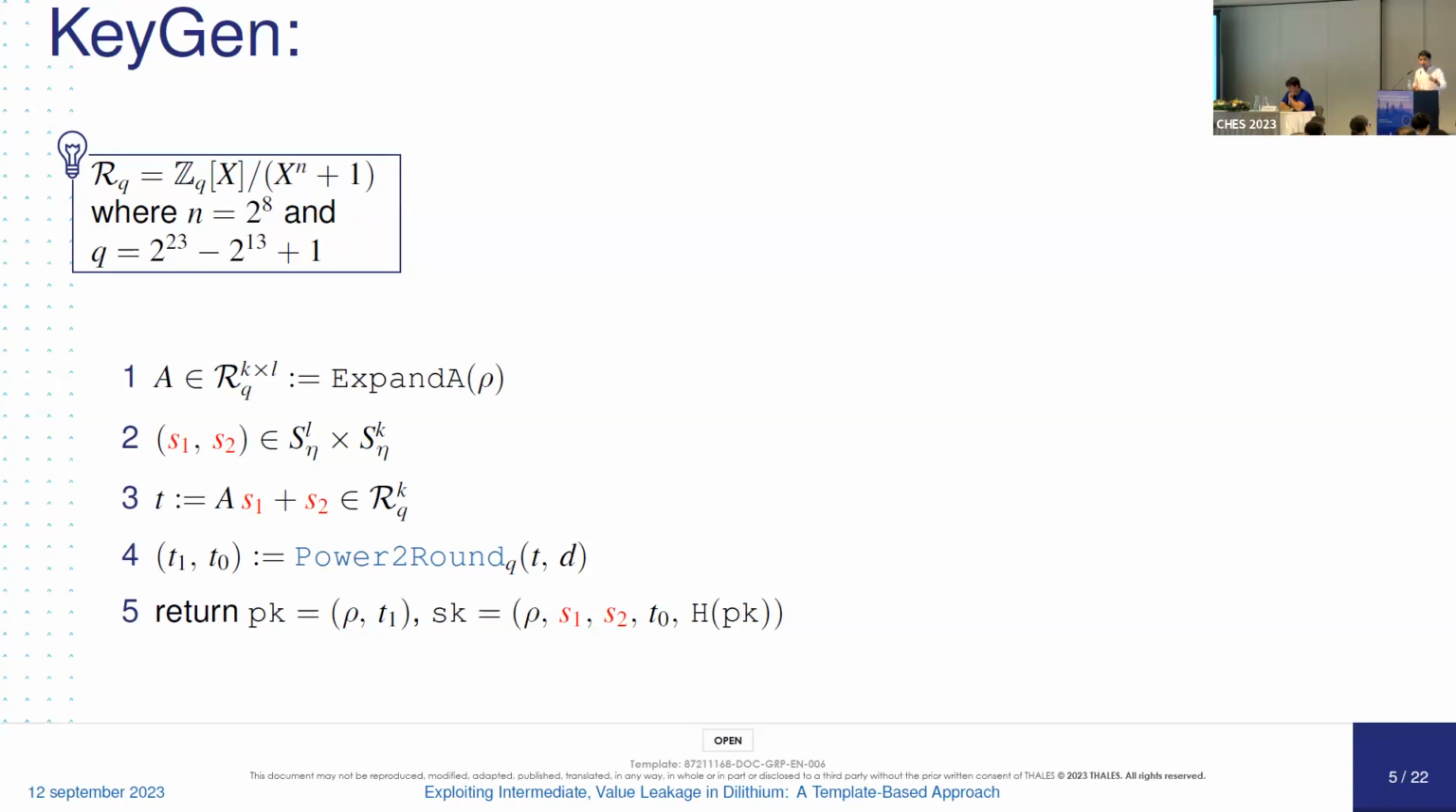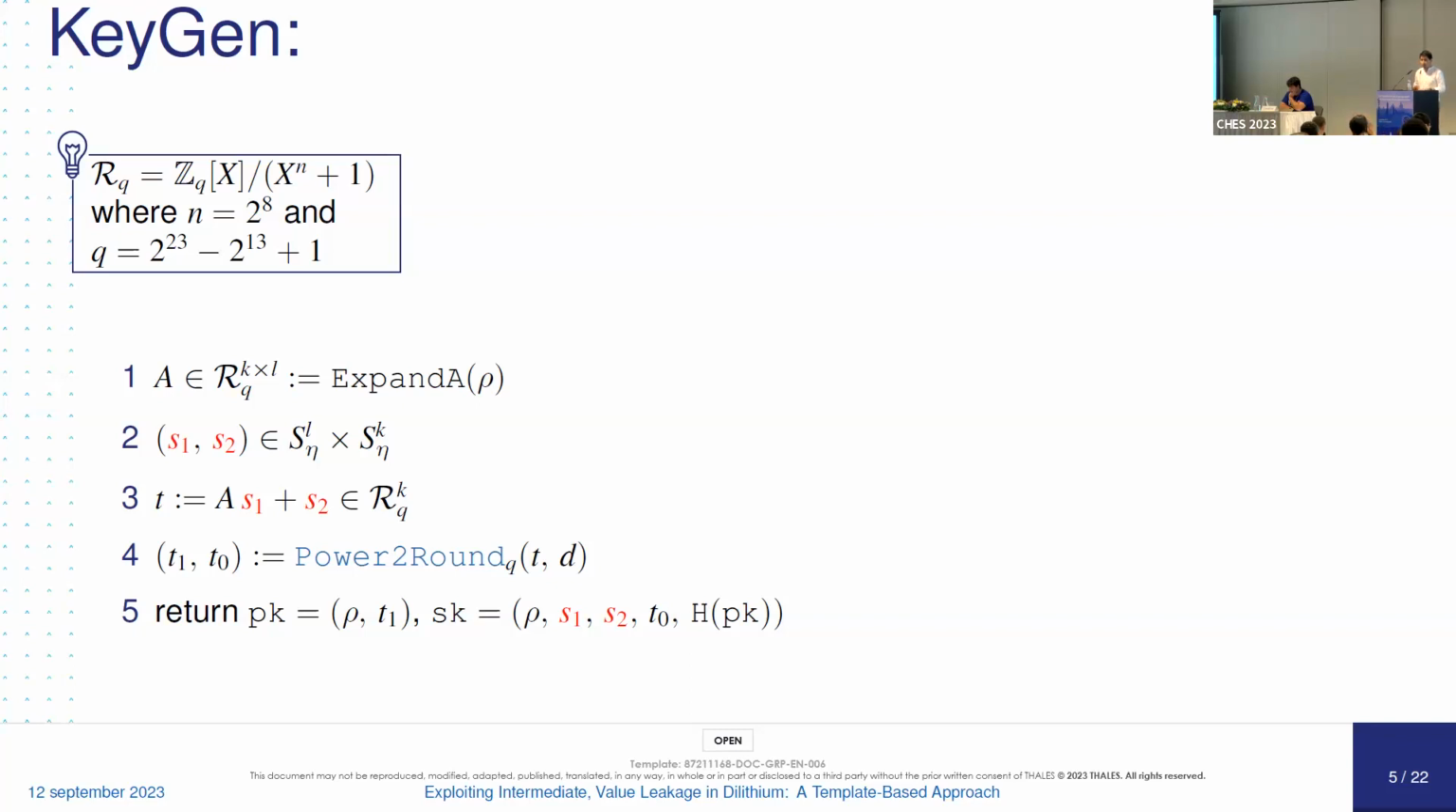Then on line 3, we compute the learning with errors sample T. We will split this vector into its upper and lower part, T1 and T0, and the public key will be the upper part T1 with the public matrix A, while the secret key will essentially be the two small secrets S1 and S2. So here we can already see that in Dilithium, we will be working with vectors of elements